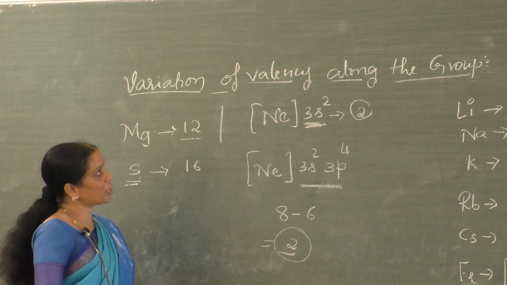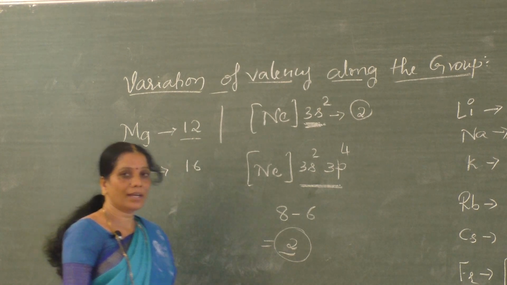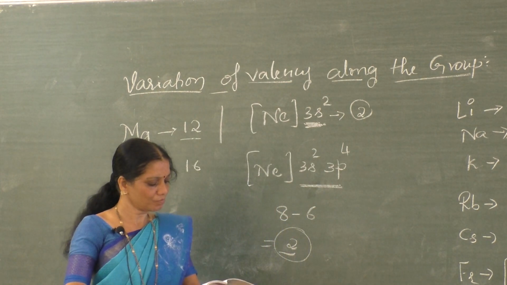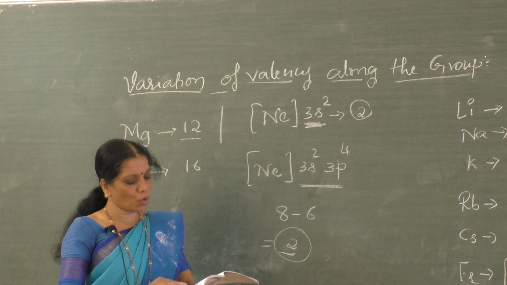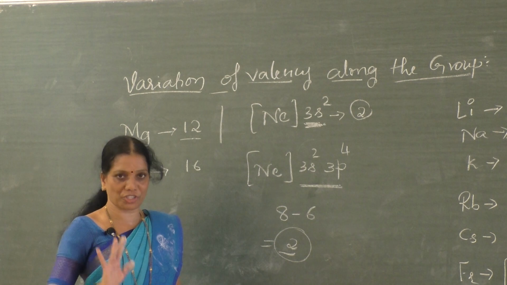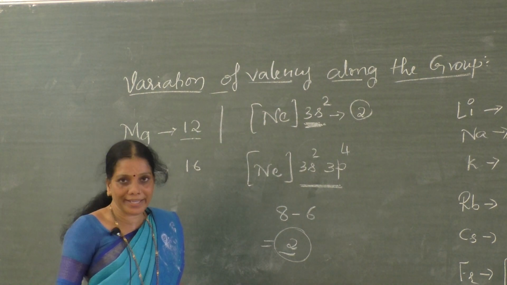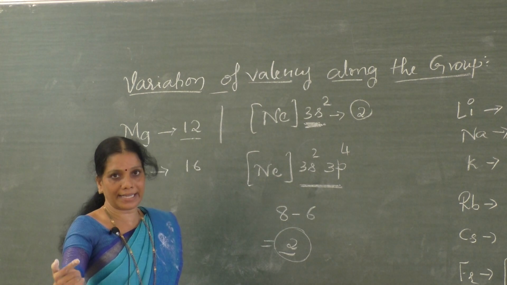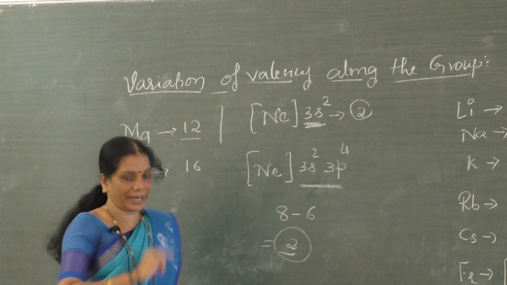Okay. The next question they have given here in the activity part is, how does the valency vary in a period on going from left to right? Already you have studied. Going from left to right along the period, it increases up to 4, then it decreases and reaches the 0 state in group 18.